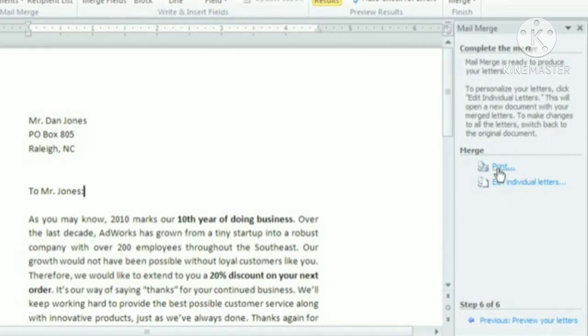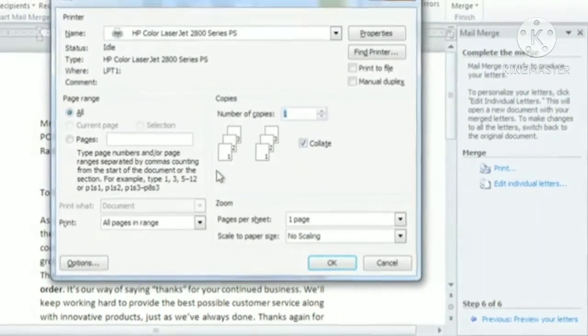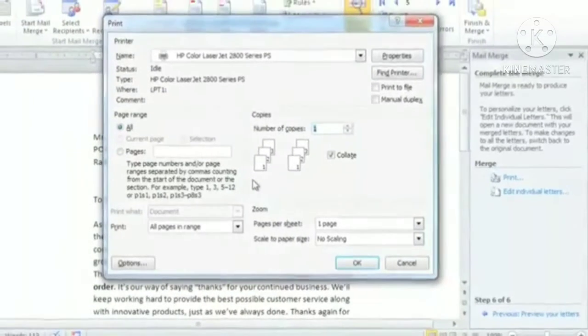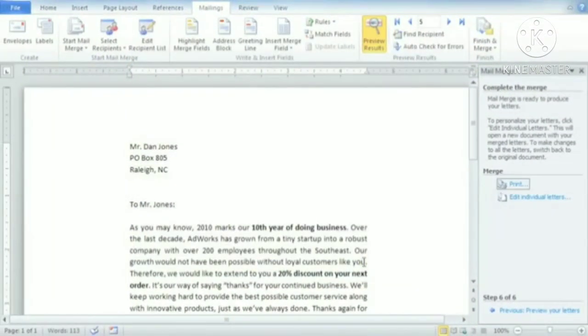If you click the Print command, Mail Merge will ask which pages you want to print before sending you to the final step. I want to print every document in my recipient list, so I'm going to keep All. Now all you have to do is adjust the settings if you need to, and then click OK. Knowing how to use Mail Merge is a must for creating multiple letters, labels, envelopes, and more. The possibilities and the time and energy you'll save are almost limitless.